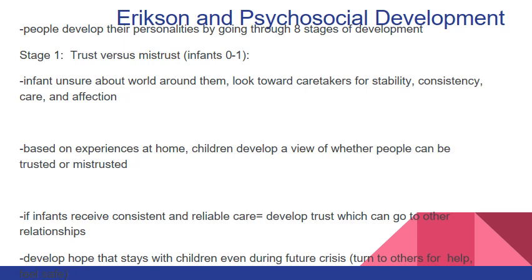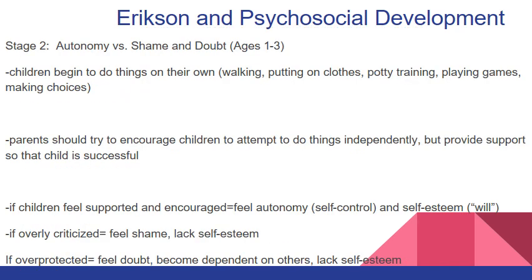They will have more difficulty connecting with their teachers. They will be less likely to have hope during future crises. They will not know to turn to others for help or feel safe during uncertainty or during situations where there's increased difficulty or stress. In stage 2, autonomy versus shame and doubt, children ages 1 through 3 begin to start